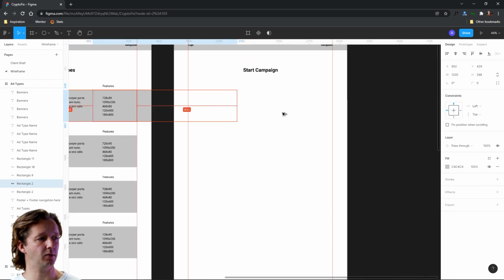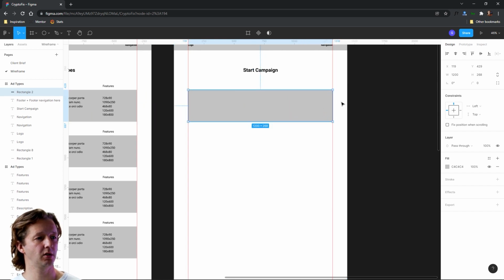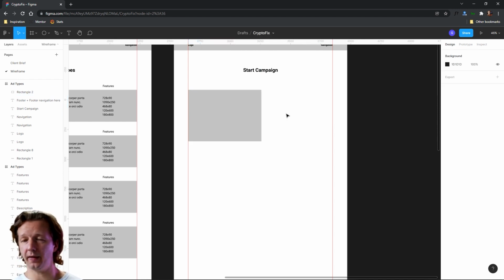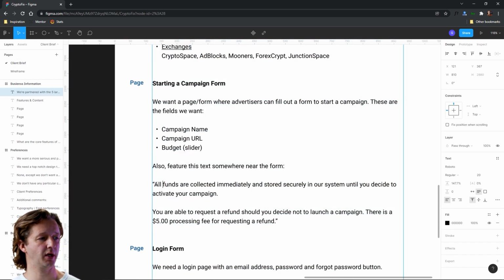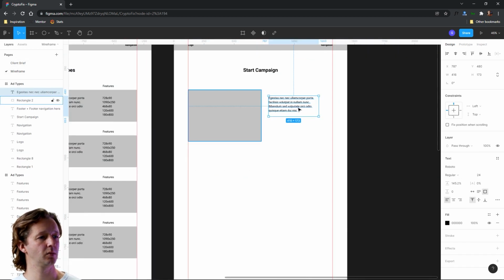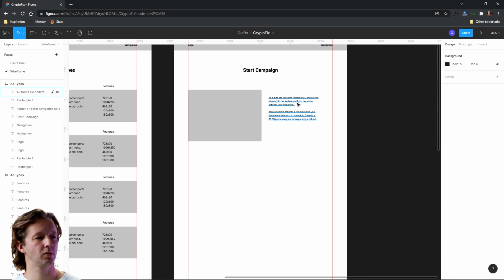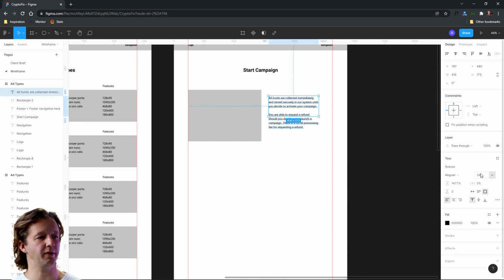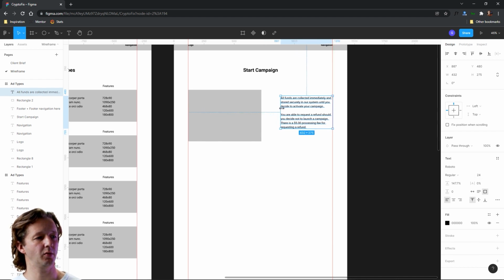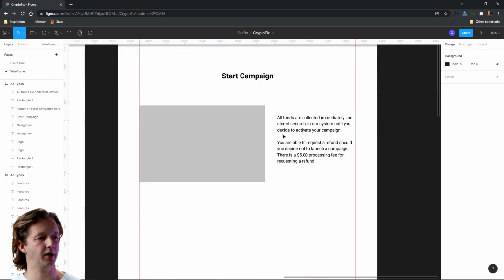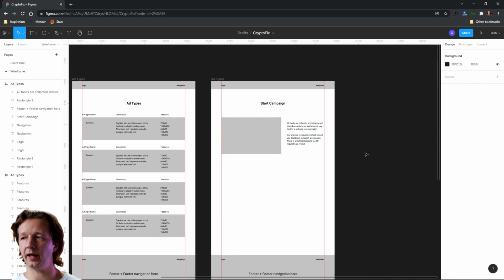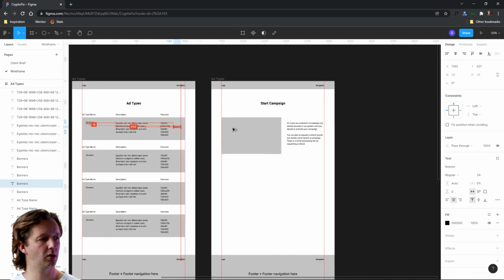So let's just replicate this block right here. And the form can go on the left. That's the most important information. And then we'll have the description, which we could just quickly copy and paste in. Let's use the other size we've been using, 24. Maybe we'll push this over just a bit and create more of like a 2/3 layout right here for these 2 columns. And then right here we can put in